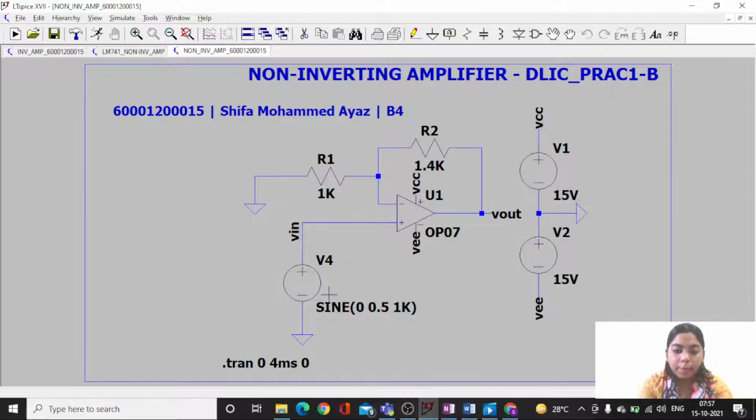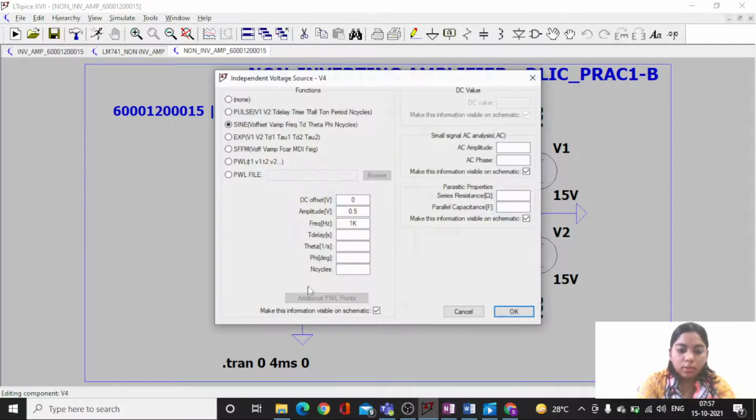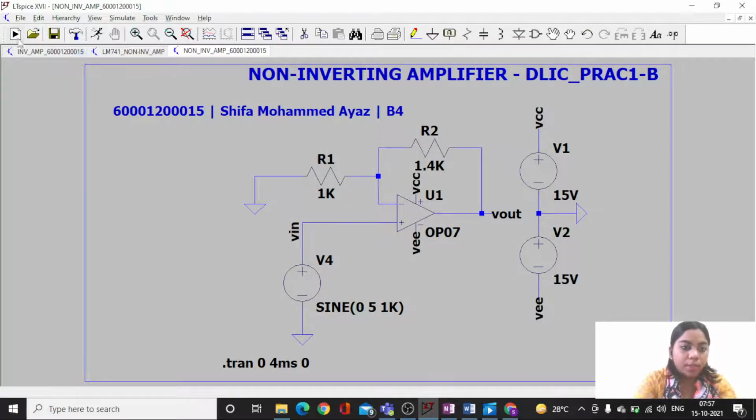Again I'll simulate it. Now I'll show you something. Select my amplitude to be 5, that means it is 10 volt peak to peak. I'll save this and I'll run this.